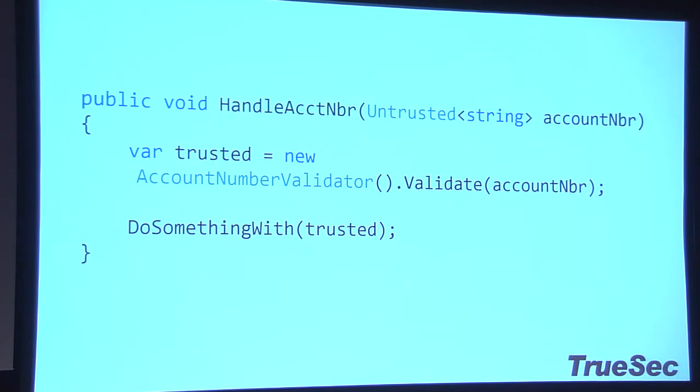So you do something like this. You write an account number validator that implements validator, and to get the value out of it, you just call validate, and if it passes, you get the trusted value out, and you're good. You don't see it, but the exception is automatically thrown here if it's not valid. So that's pretty convenient. And the account number validator would, of course, just validate against normal domain rules. You could write a do nothing validator just to bypass this, but then at least you make a conscious effort trying to be